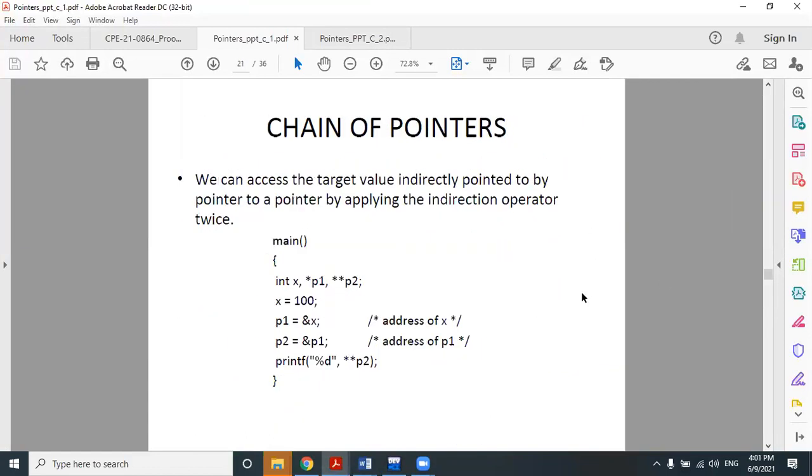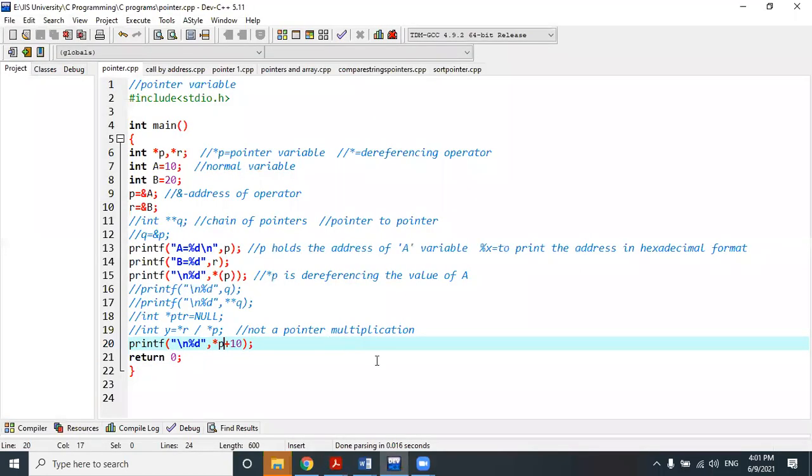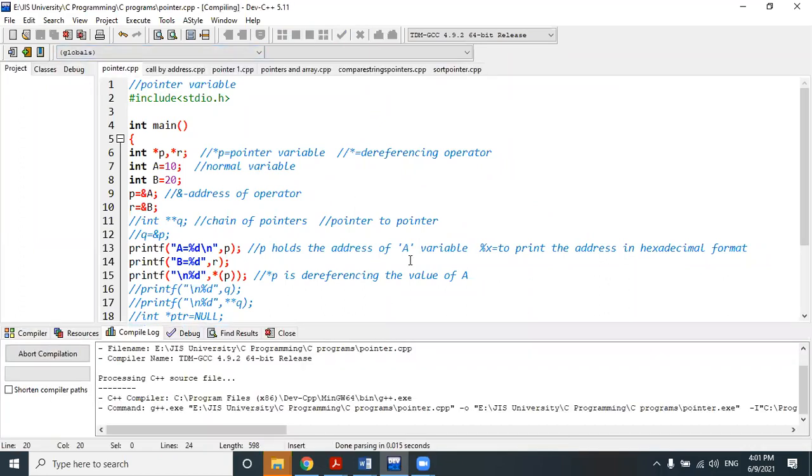Okay, so if we perform these operations, tell me, p plus plus, what output will you get? Address plus 4. Very good, the next integer address, plus 4.